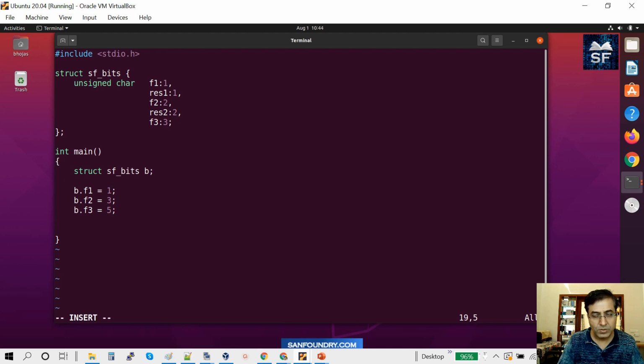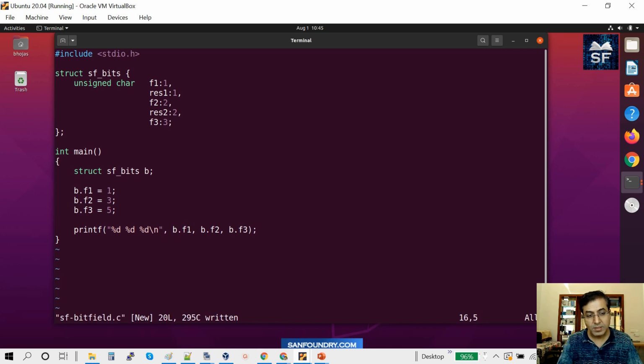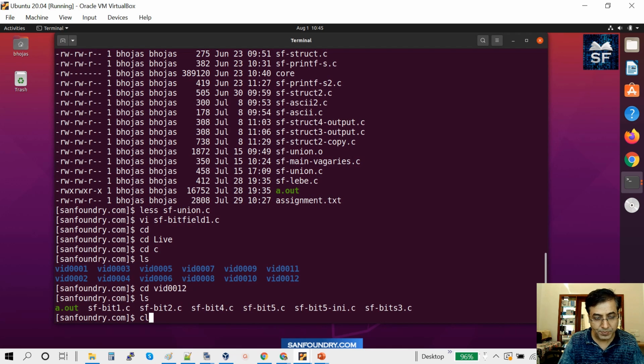The objective here is to make sure that whatever we designed works the way we wanted it to. So we do a simple printf with three %d's, in the sense that we simply want to print those values. The way we access those bit fields is the same as the way we access a structure member or a structure field, so b.F3. When we run this code, we should get what we have assigned. It looks pretty simple at this point.